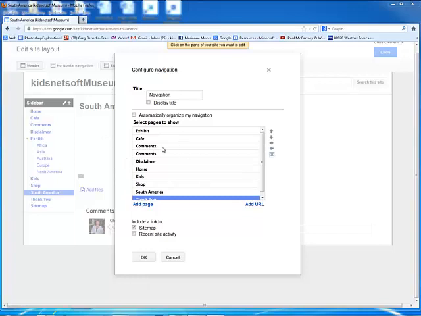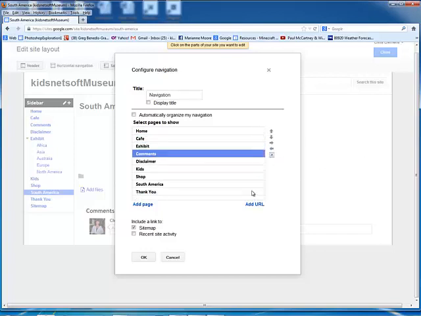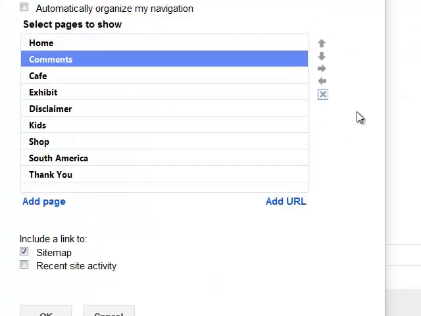As you can see, it is not alphabetical, and Home here should be way at the top. So I'll click Home, and I'll click on the arrow over on the right until it's at the top. I will then alphabetize this. Cafe. I have 2 comments, so I'll go ahead and X one of those. I don't need 2 comments. You will be using the arrows